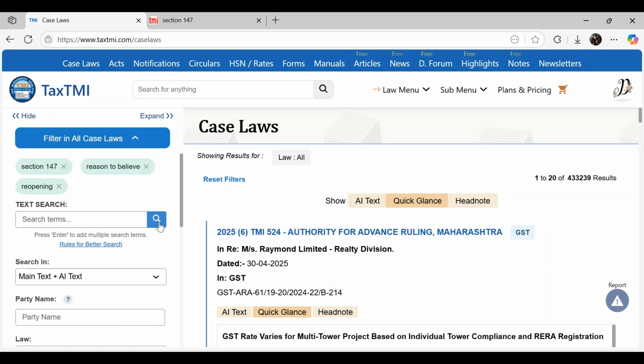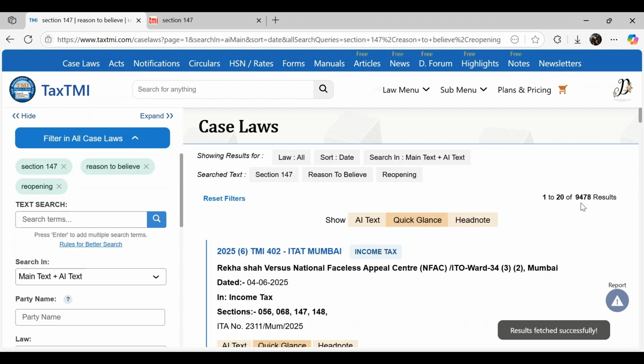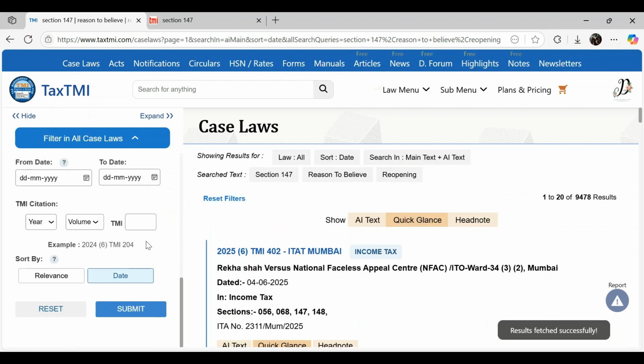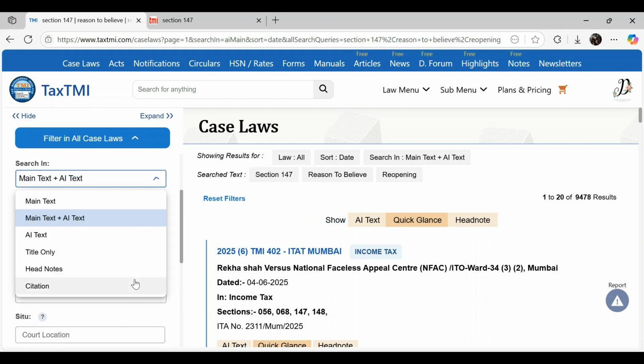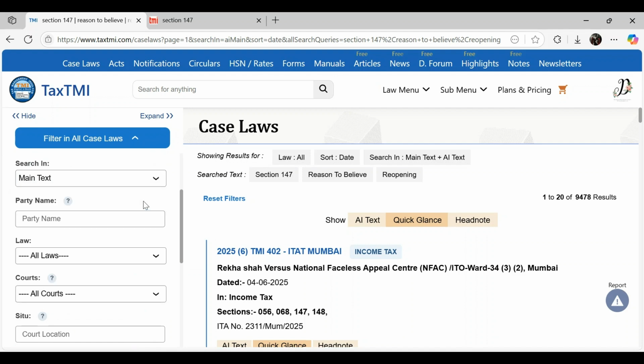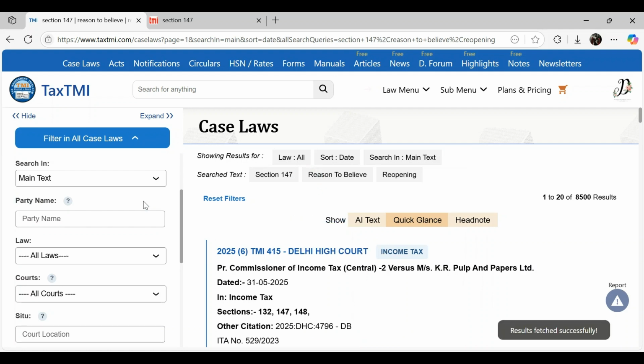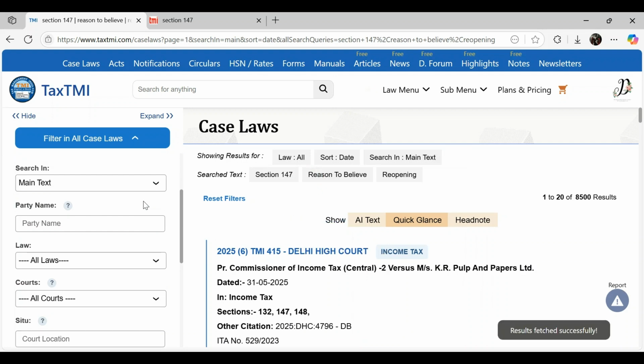If I now want to submit the filters, there are three options. Either I press on this magnify button, and it fetches the results. If I press on the submit button, then also it fetches the results. Or whenever I choose an option, suppose I choose main text and I just press enter without clicking on any button, then also it will show me the text results.